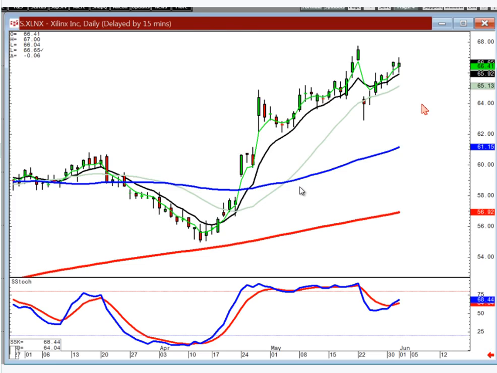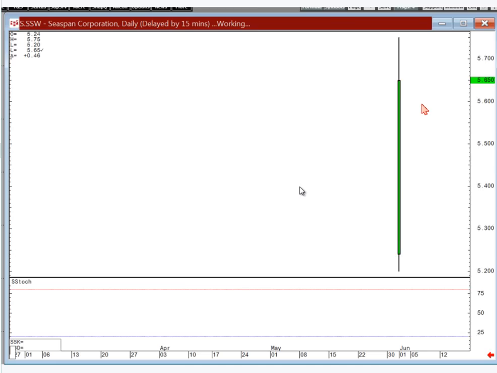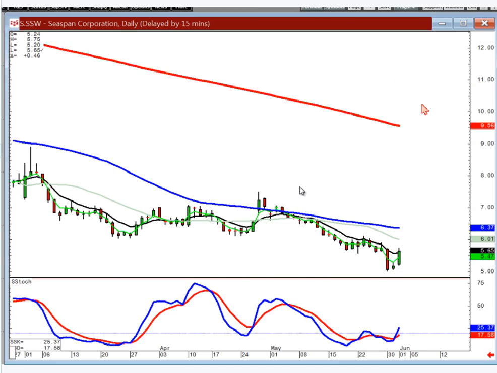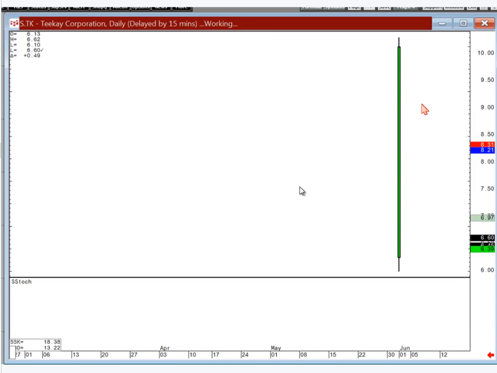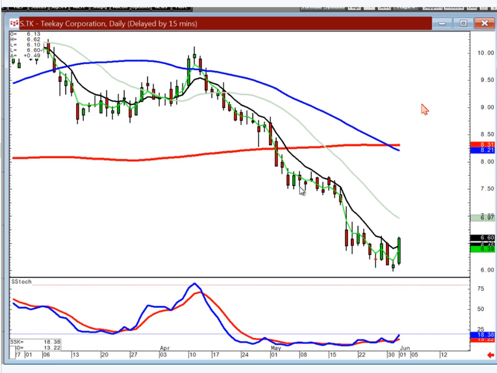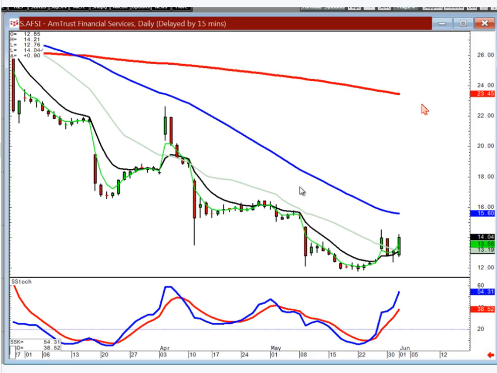Let's see. Couple real good looking charts. There's a Morningstar signal on SSQ. That's a shipping company. So this is very simple logic. If you see a lot of stocks, there's a Morningstar signal in TK Corporation. If you see a sector that's starting to see a lot of signals, we did AFSI, Morningstar signal, ACHC,